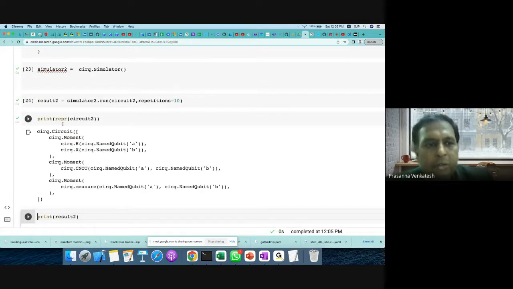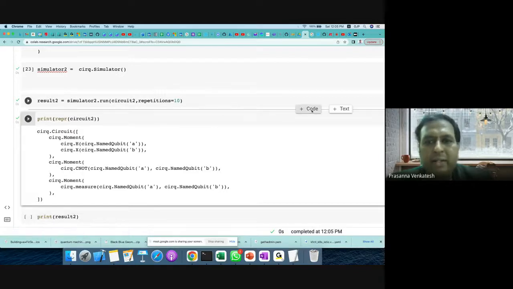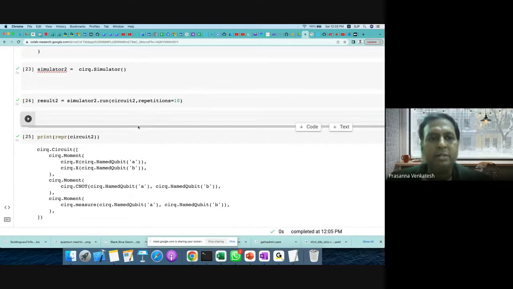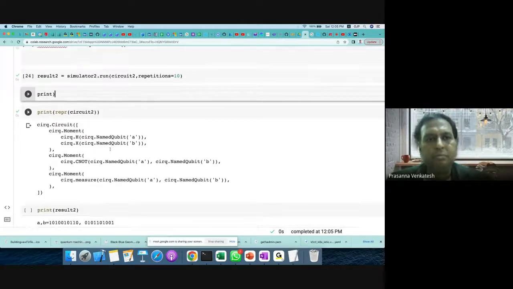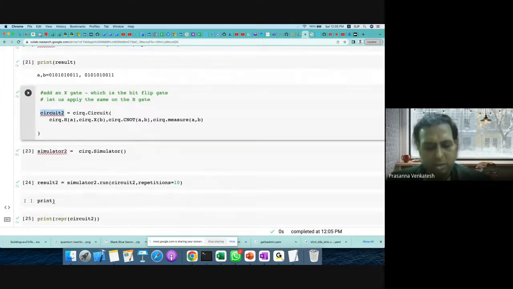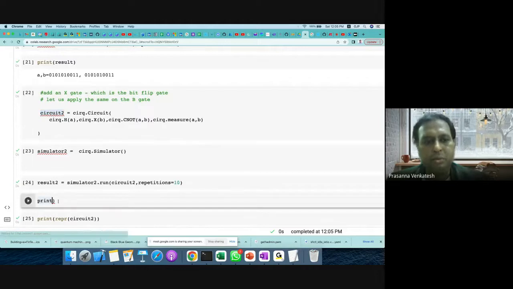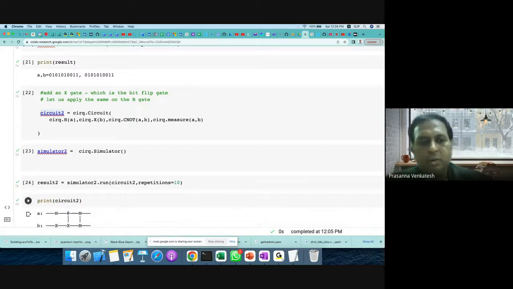Now you can see the print representation, and you can even add details, like printing the circuit 2 as well.